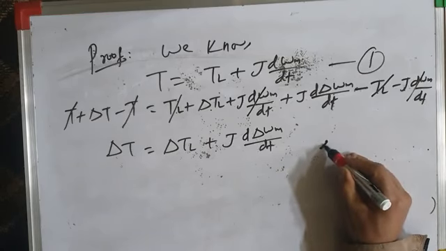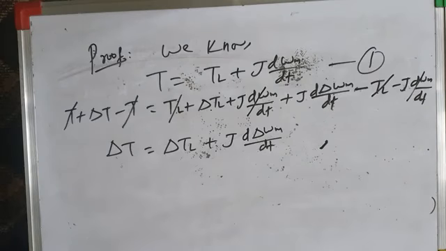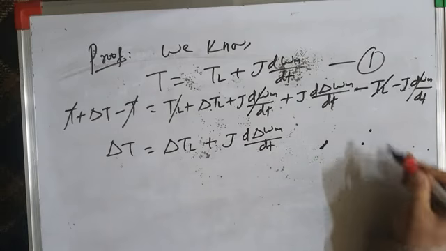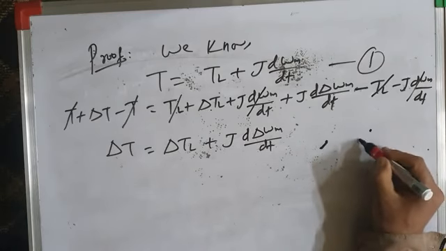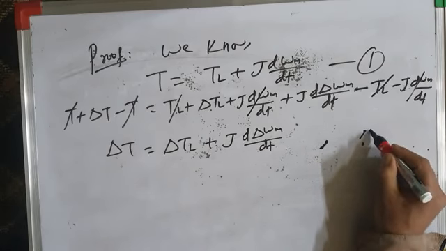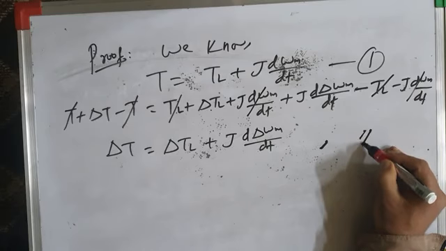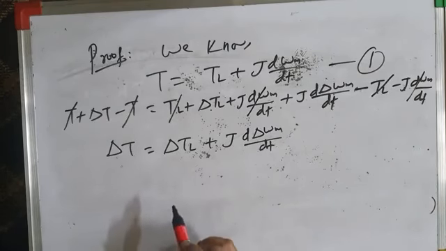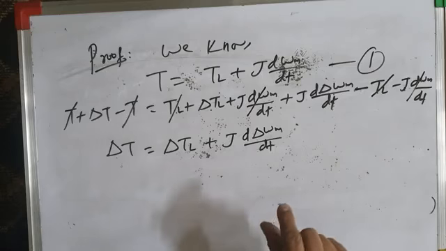So this change or this increment is given by a straight line. Similarly, if this is TL and this much is delta TL, the new load torque is TL plus delta TL, and it is given by a straight line. So when the change in load torque and change in motor torque is very small,